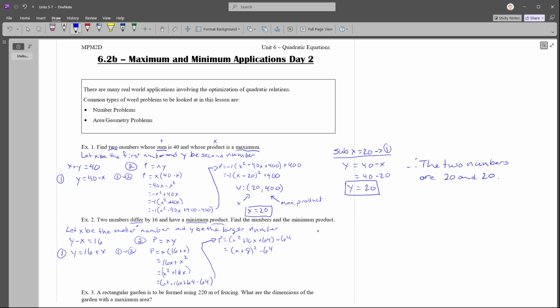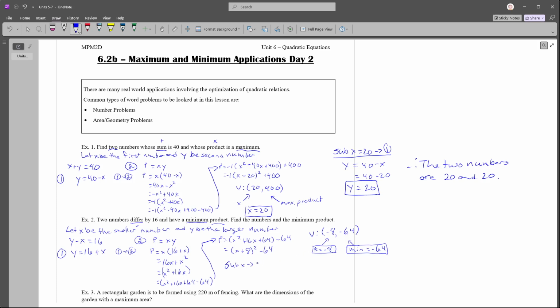What does this tell us? It tells us that the vertex is at negative 8, negative 64. What does that mean? It means that our x term is equal to negative 8. We have our first value. It also tells us that our minimum is equal to negative 64. We have 2/3 of all the answers we need. The only thing we need now is to find the y. So we're going to sub